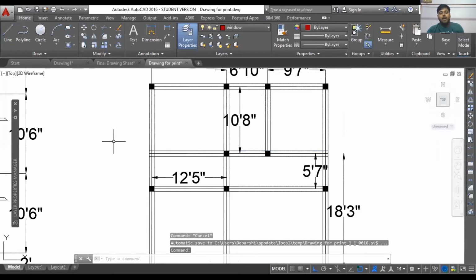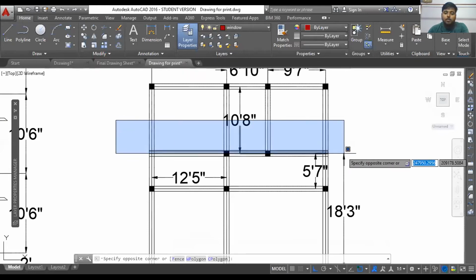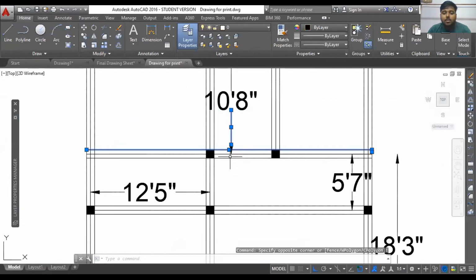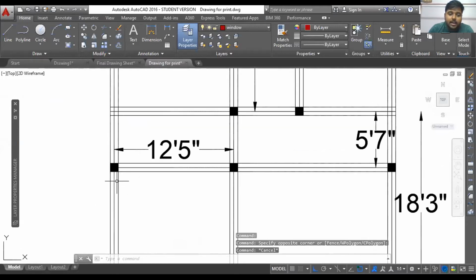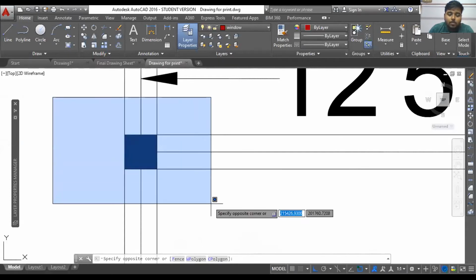Okay. So what happens when I want to select this particular line with the blue selection option? I'll start here and cover all the portion up to where this line exists. Then only this line will be selected. Take the column as an example. If I want to select the column with the blue selection, I have to cover all the portion.